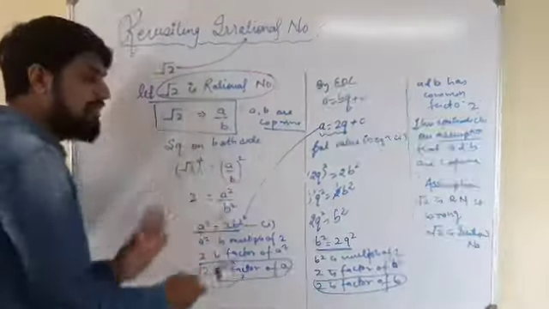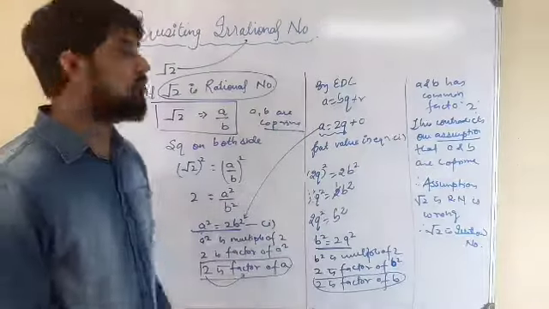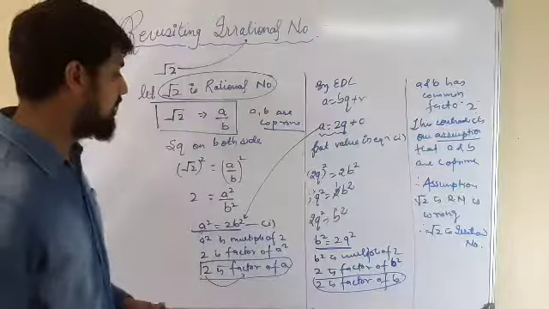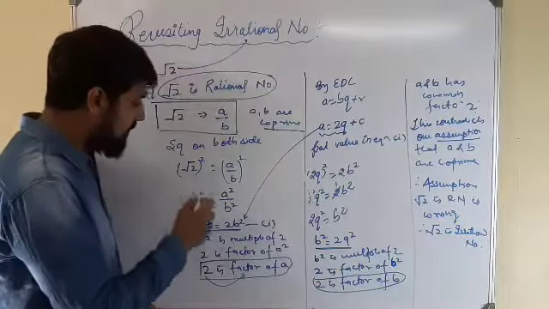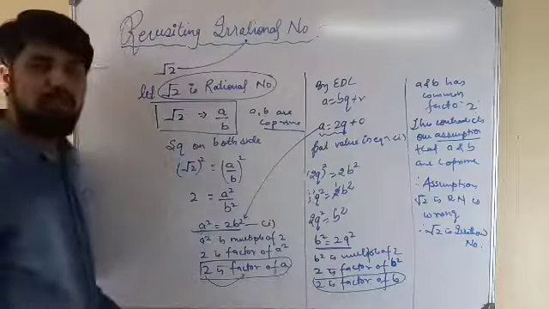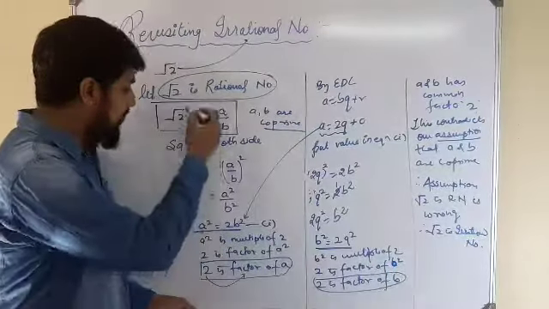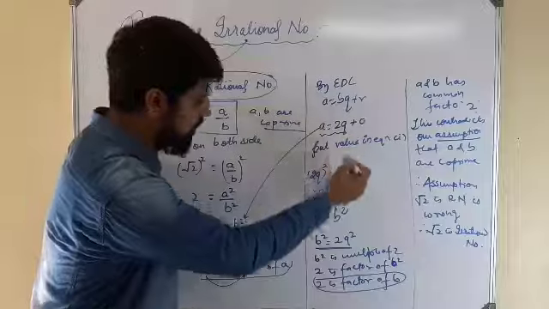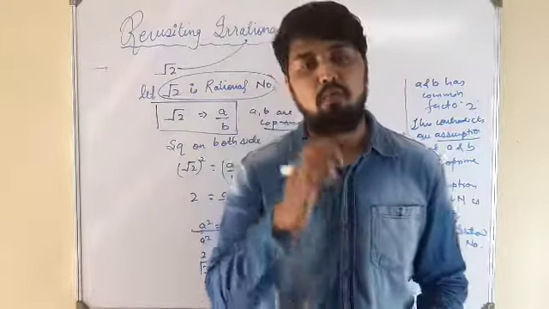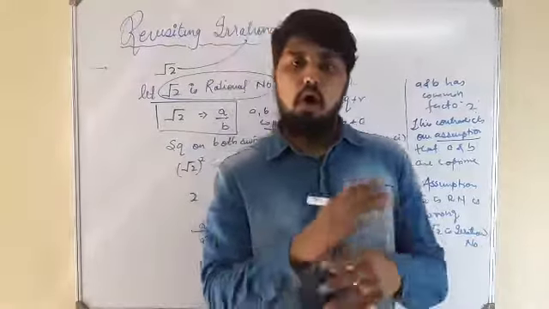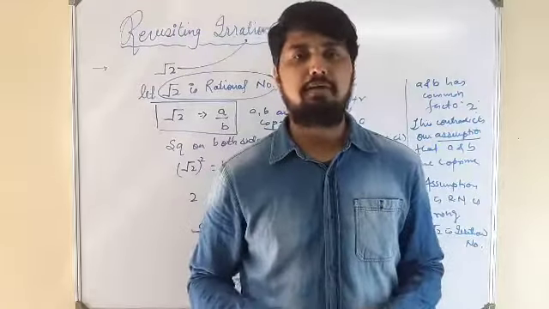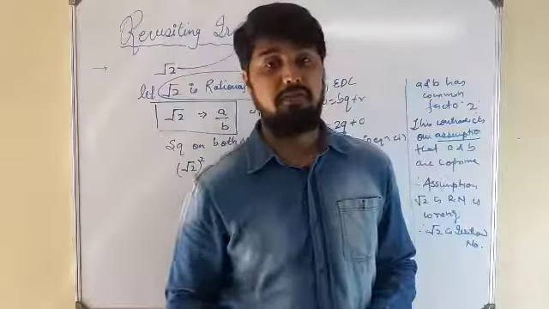So understand these steps very carefully, because whatever number comes to prove whether it is a rational number or irrational number, you just have to replace this 2 by that number. Suppose the question comes, prove that root 3 is an irrational number. Now wherever we have written 2, in that place we will write 3. And the same way we can prove root 5, root 6, root 7, all the numbers are easily proved to be irrational numbers. So in the upcoming video, we will come up with more examples of this.